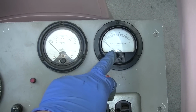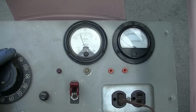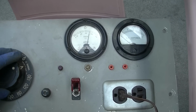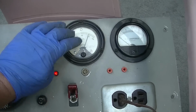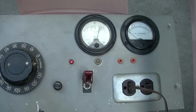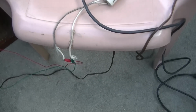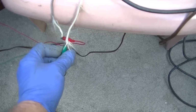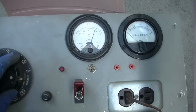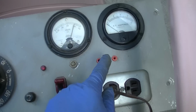And this is stupid. This meter should be 0 to 2 amps for everything I do. 40 volts, 60 volts, 90 volts. And the meter is sticky. Crap. But no current draw. Oh. Well, light bulb didn't even come on. That's too bad. And see that, like I say, this current meter